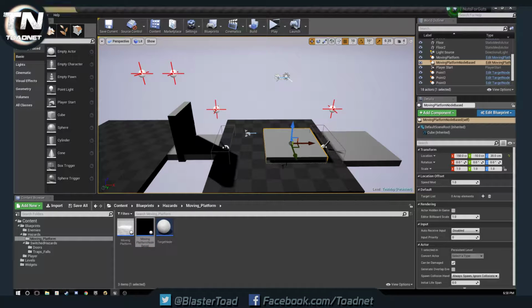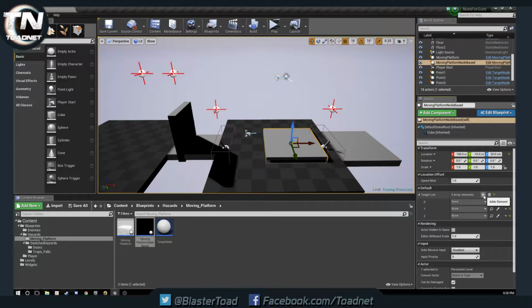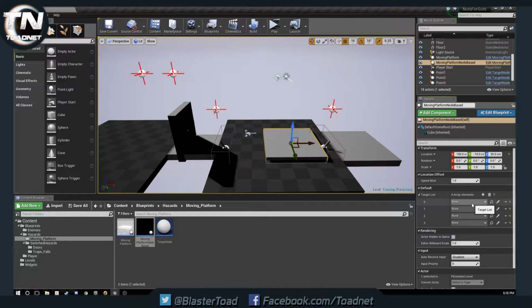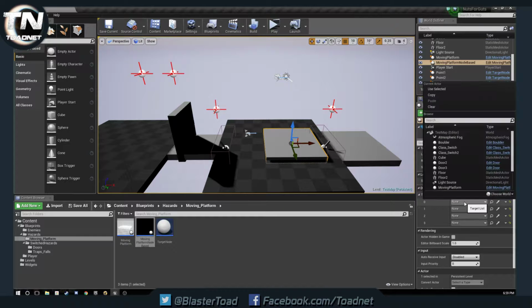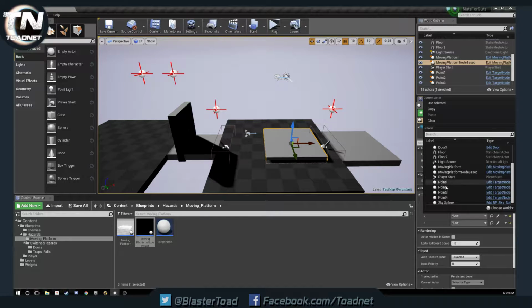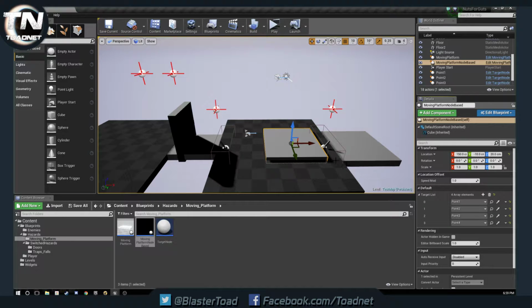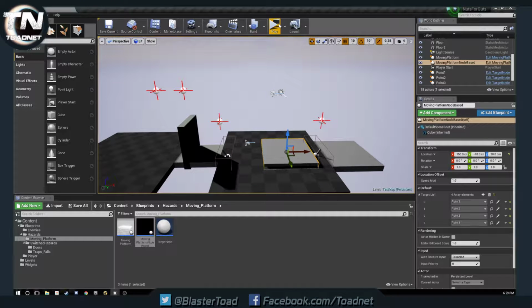So there we go. We bring this out. And now, if we look through here, we've got our target list. We're going to add 1, 2, 3, 4. And in these drop-down boxes, we're going to select our targets, which are now in the map. So we're going to do point 1, point 2, point 3, point 4. Okay? And then instead of playing our game like we usually would, we are going to hit this